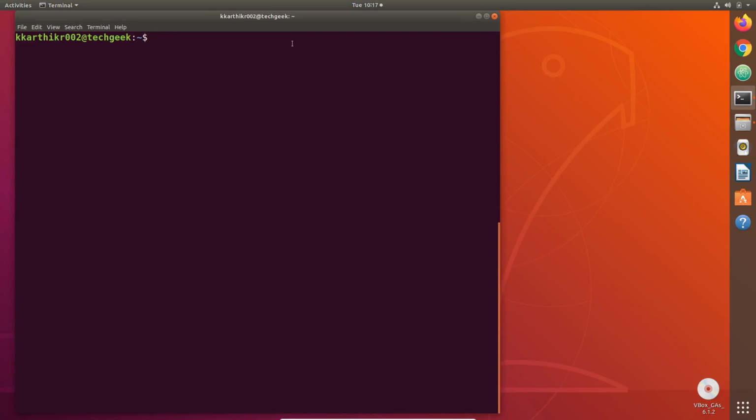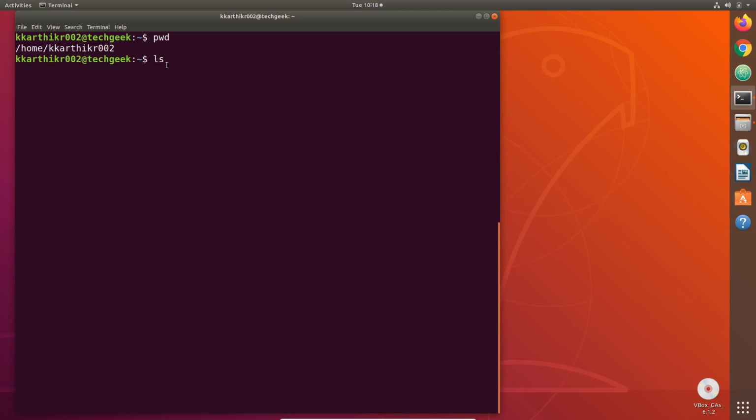In the previous three videos, we have seen two commands, namely pwd and ls. The pwd command is used to print the present working directory. This is the directory in which we are now working, whereas the ls command is used to list the contents of any directory.